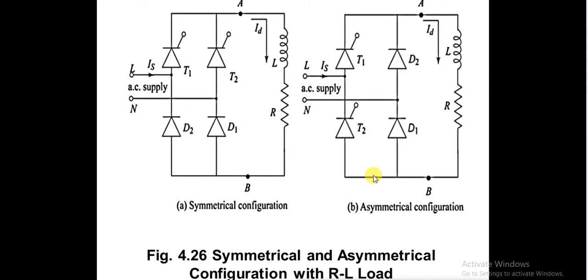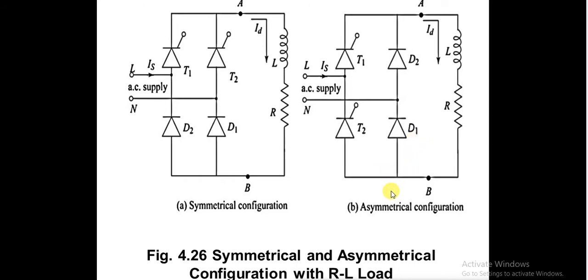So what is the difference between symmetrical and asymmetrical? In the symmetrical configuration, the components have a common terminal, means the SCRs have common cathodes, and the diodes have common anodes. But in the asymmetrical configuration, we can see an SCR and a diode have common cathode, SCR T2 and diode D1